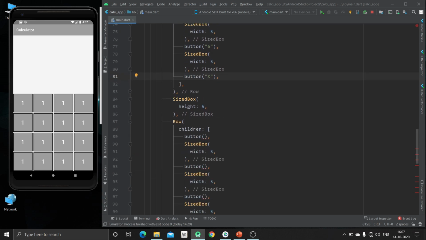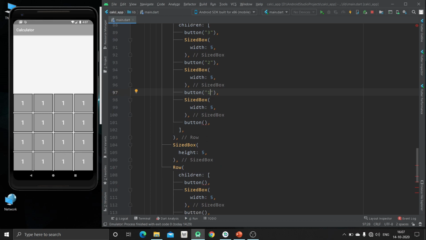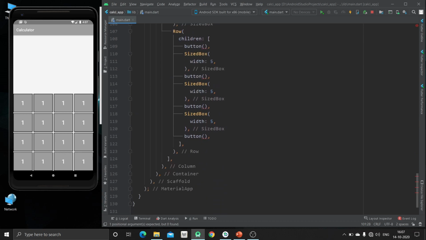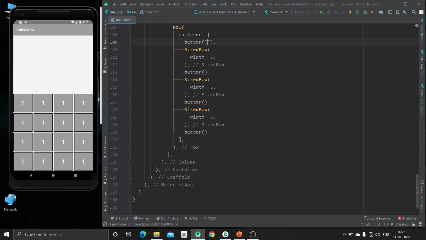After that, 3, 2, 1, minus, and the last row should be 0, clear, and the equal to, and the remaining one is the addition sign.